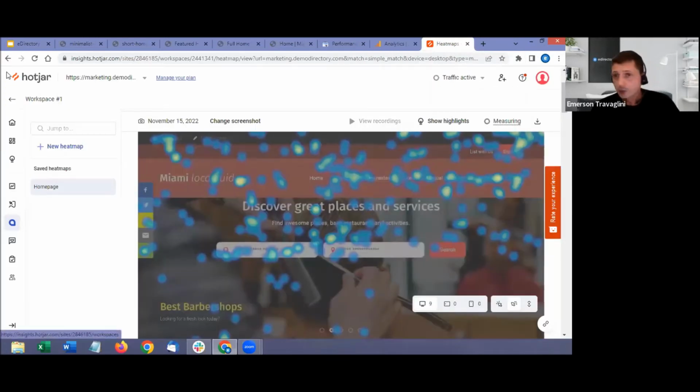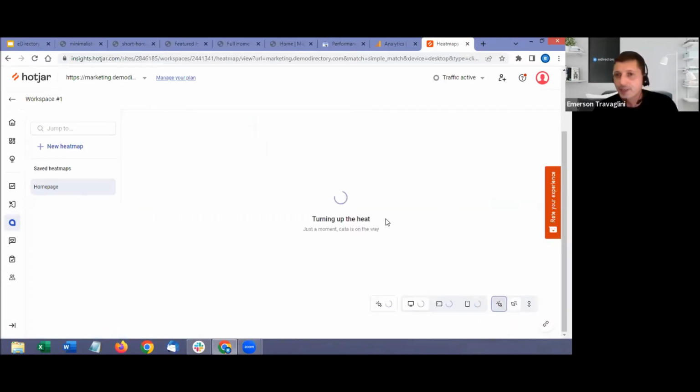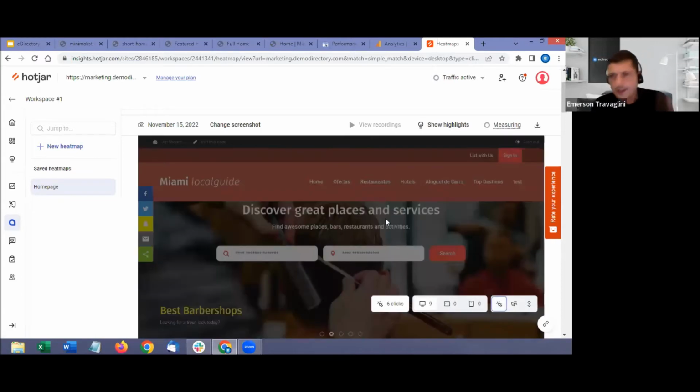And the last one is the Hotjar. It's an external tool that you can easily integrate with eDirectory. And it will give you insights like this. You can see where people are hovering the mouse, where they are clicking. So you can see if this widget is receiving a lot of clicks or not, and you can test and see